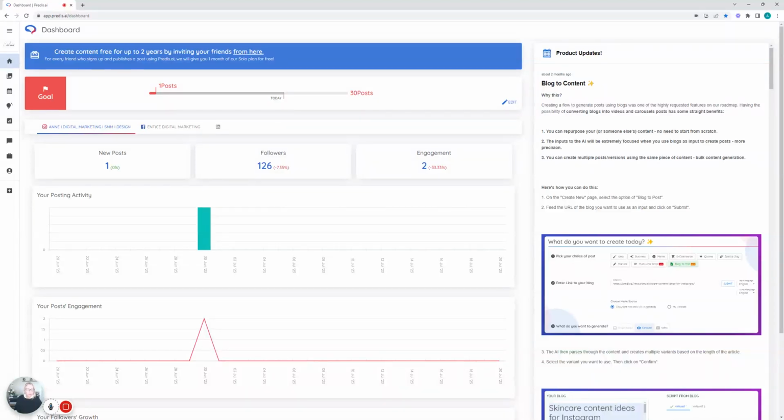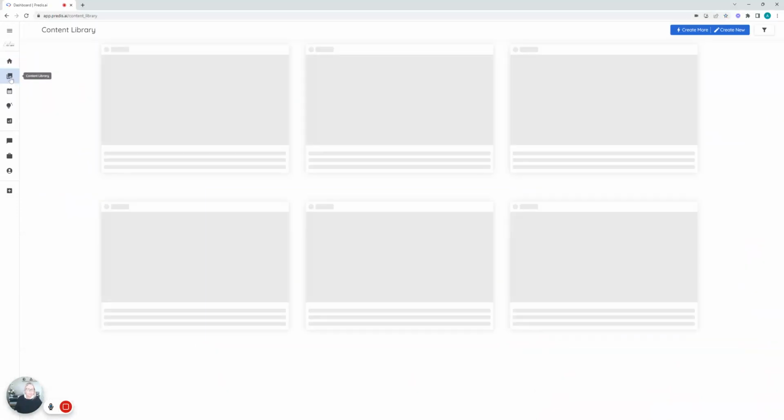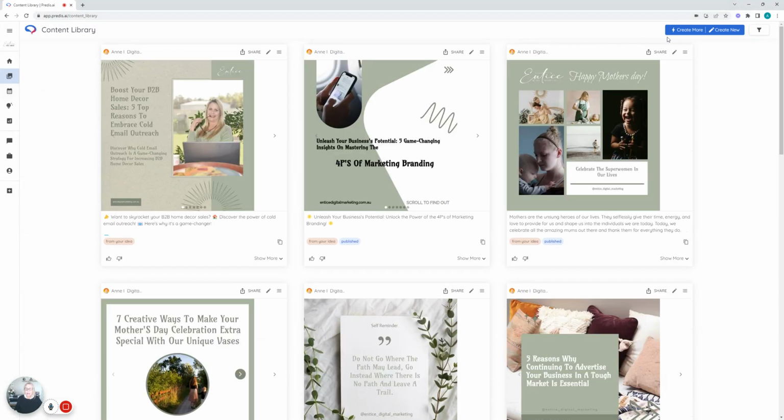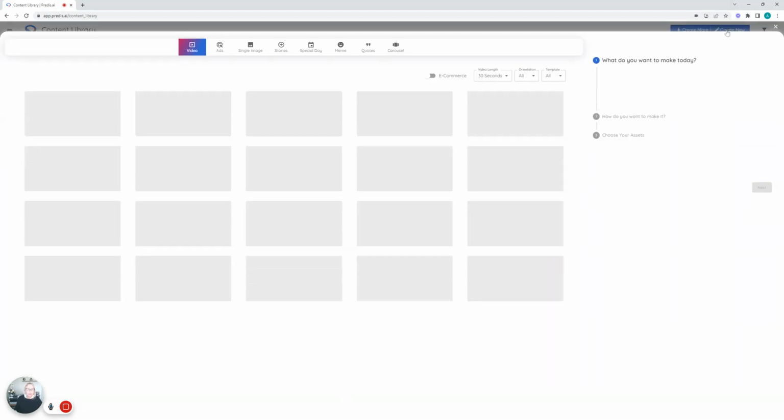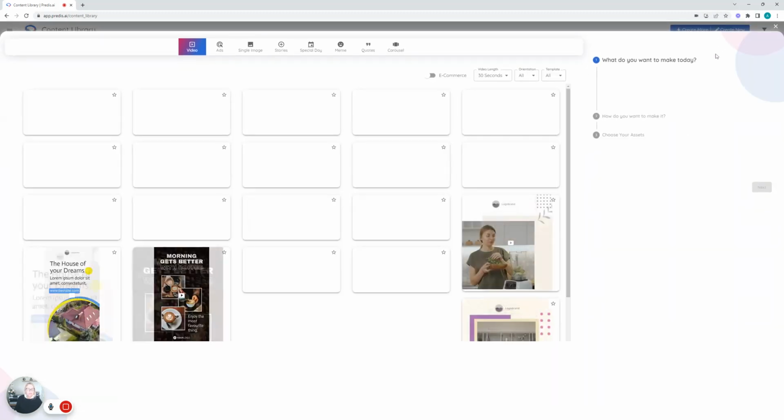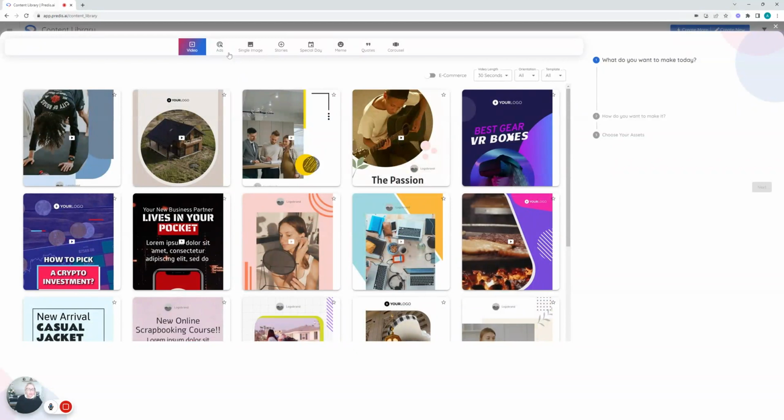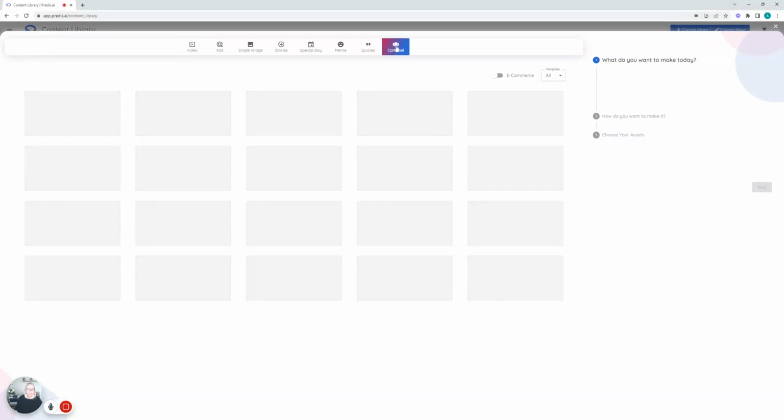Today I'm just quickly going to run through how to create a post in Predis as a carousel. So to begin with, we go to our content library, and in here in the top corner is create new post. So today I'm going to do a carousel post,